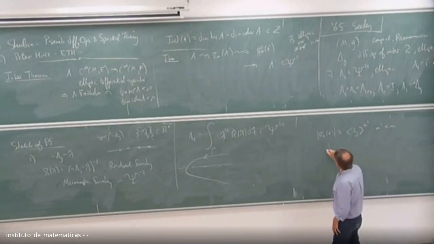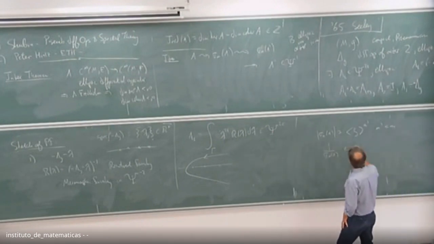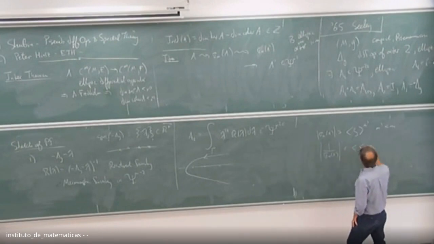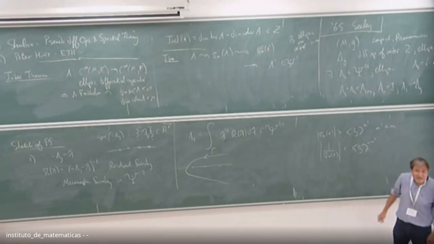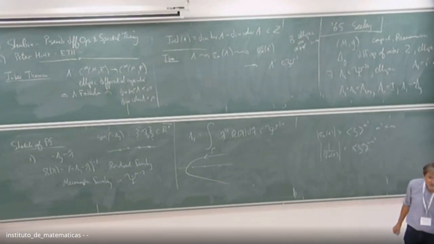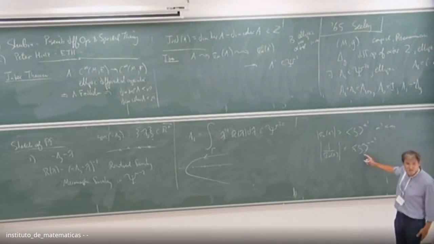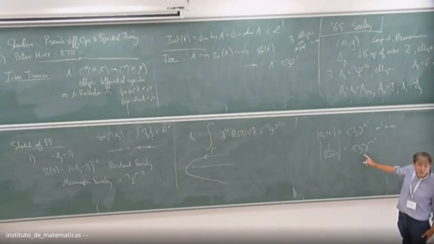What that means is that if I take 1 over sigma sub m of A, then this is bounded by mod zeta to the minus m prime. So that's still a good operator. So the point is that there's still, in many cases, and I forget what the limitations are, but you can still make sense of a parametrix construction for subelliptic operators.